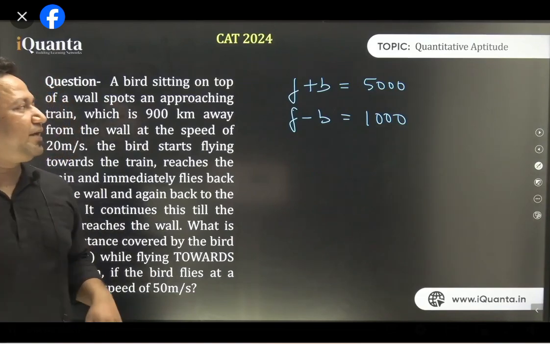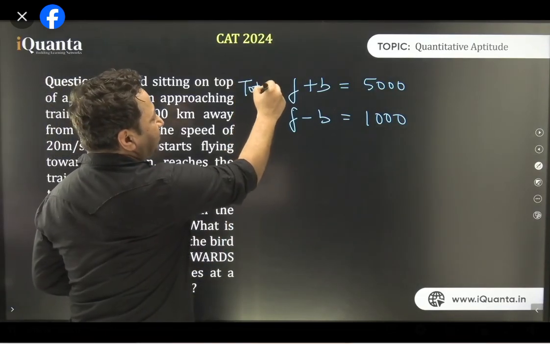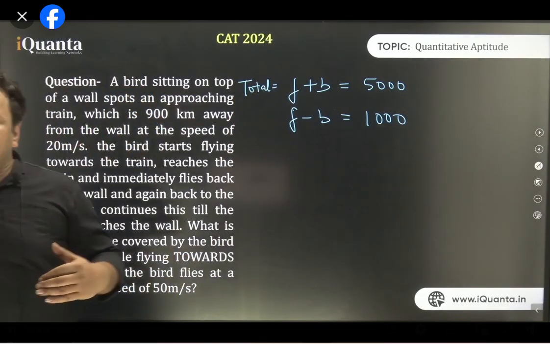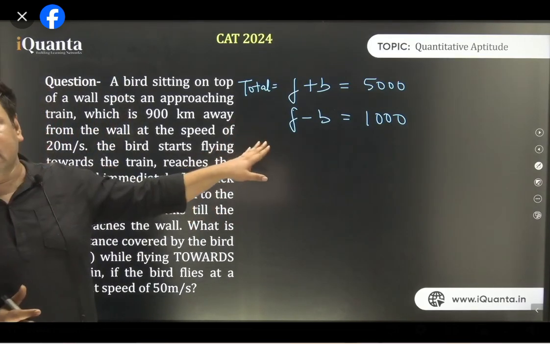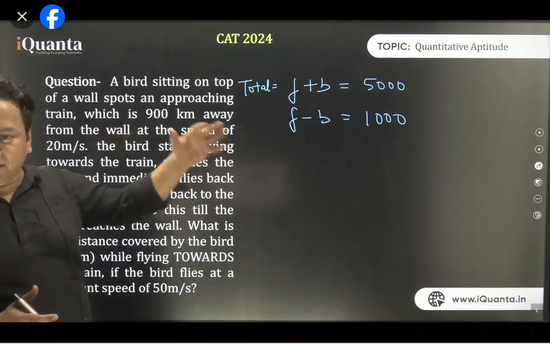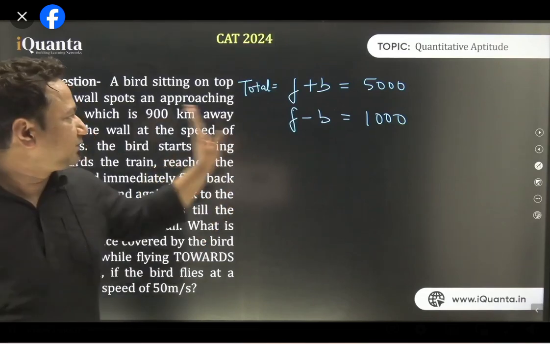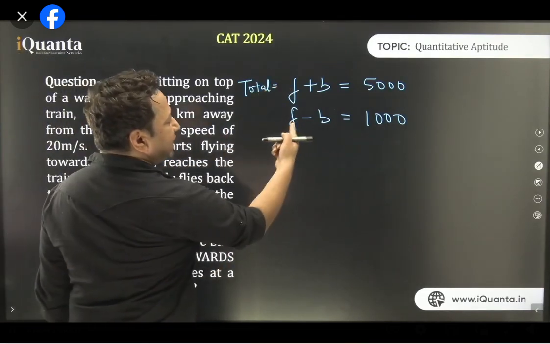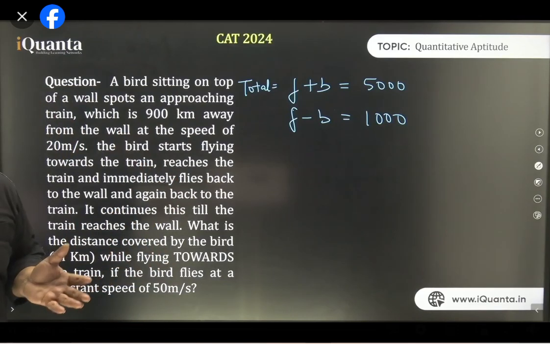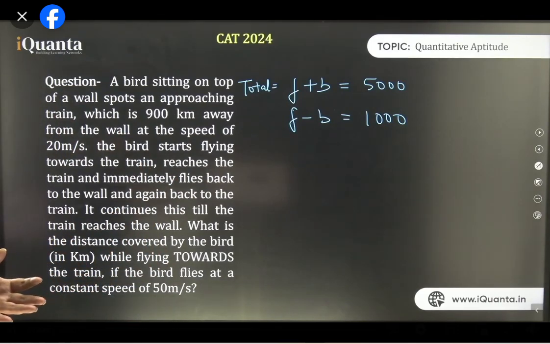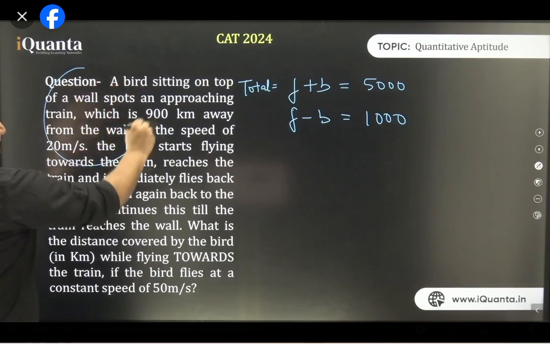Kshitij, F plus B is the total distance. Total distance traveled by the bird. Total क्या होगा? Forward plus backward. No, Shruti, opposite is not 0 always. That is why I gave you this example. And that is why in the previous question, there was confusion. Cool. This total, and this one happens to be the difference between all the forwards and all the backwards. That is the displacement. Is that clear? In the previous question, displacement was 0.